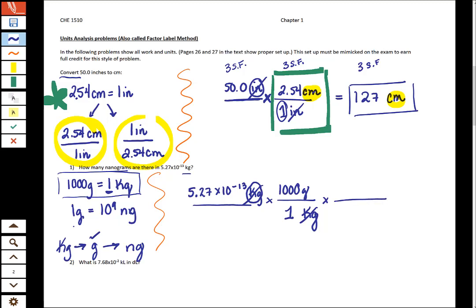So I look over here at my next equivalency. I know that my grams needs to be on the bottom, again, because my grams was on the top here. My grams has to be on the bottom here. And if I look at my equivalency, there's a numerical value of 1 in front of my grams. And I know that 1 gram contains 10 to the positive 9th, not negative 9th, nanograms. We can talk about that more in class. So we go through this process, and you can either plug it into your calculator or you can use your mental math and remember that when you